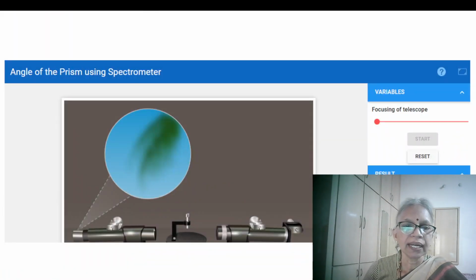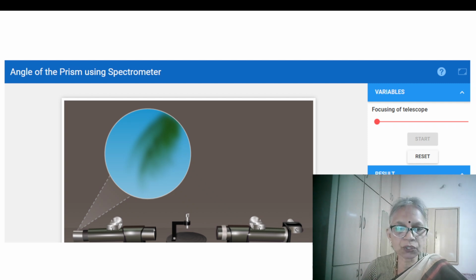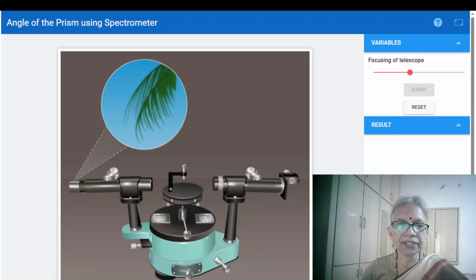So first thing is, we have to adjust the telescope. You can see the spectrometer down here, telescope. Focus the telescope to a distant object and see you get a well-defined image. Now as you can see, it is not very good definition. So therefore you have to still adjust.